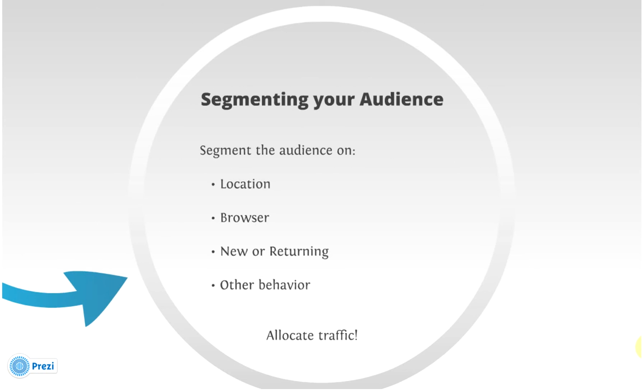Once you've completed this stage, you might also want to segment your audience into different target groups. And this is something that the Optimizely platform allows you to do. You can target your audience based on different categories. On the one hand, you can segment your audience by which browser they're using, or whether they've been on the website a couple of times before. And this might be really interesting to you. So maybe if there's individuals that visit the website more frequently, you can give them special offers and see how that changes revenues of your website. Or generally, all other kinds of behavioral attributes that you might think would be relevant for your segmentation.